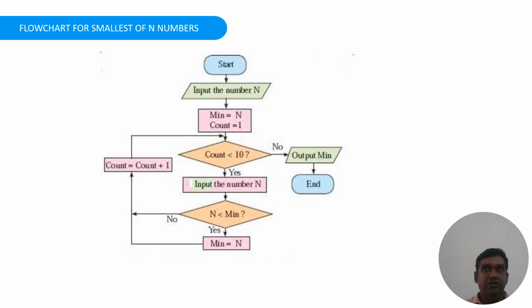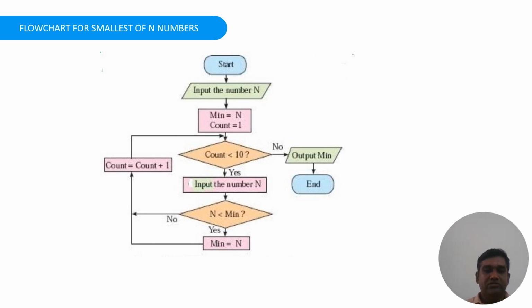We already drew a flowchart for finding the greatest of two numbers and the greatest of three numbers. If we want to find the greatest of n numbers, what will be the flowchart for it? So as usual, we are having start and stop. We are getting the input for n, which is nothing but a number, and we are taking the count as 10. So we are going to get the 10 values from the user,